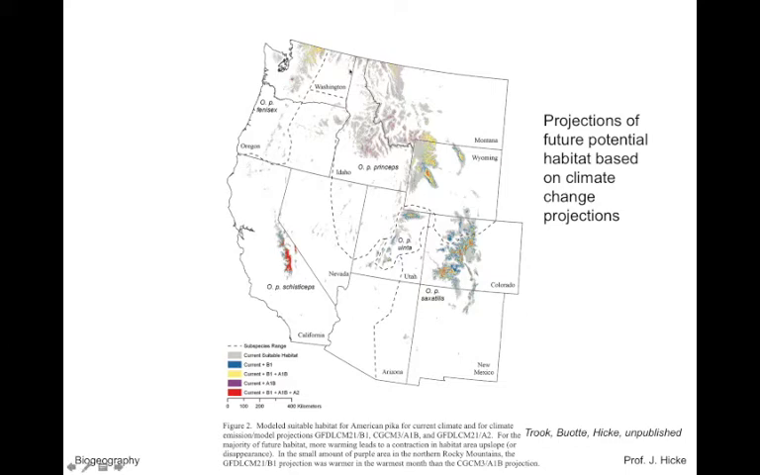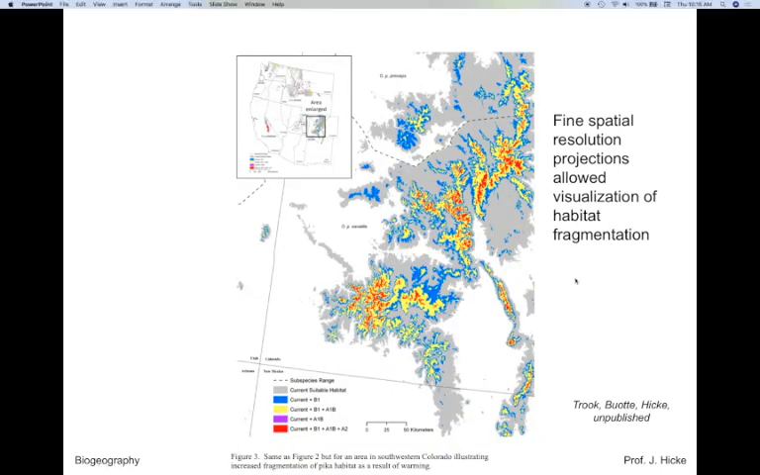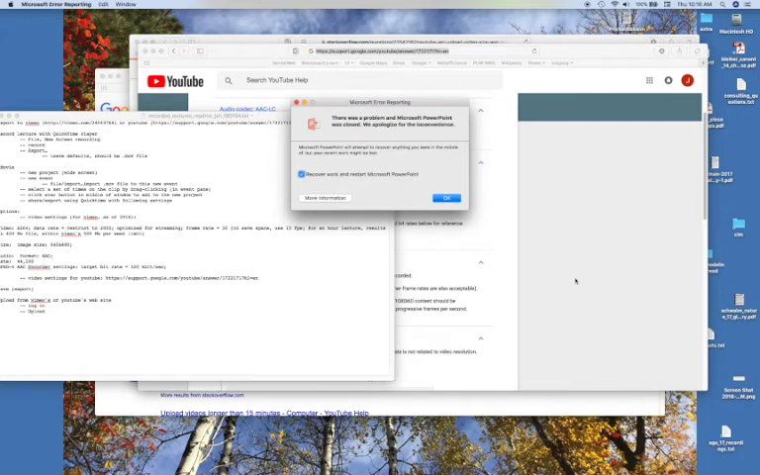That suggests that perhaps in many regions, the Cascades in Washington, for instance, the habitat will be greatly reduced or eliminated in many places. But there also are places of refugia in the Sierra Nevada and in the highest elevations of Colorado. And then to zoom in on Colorado,